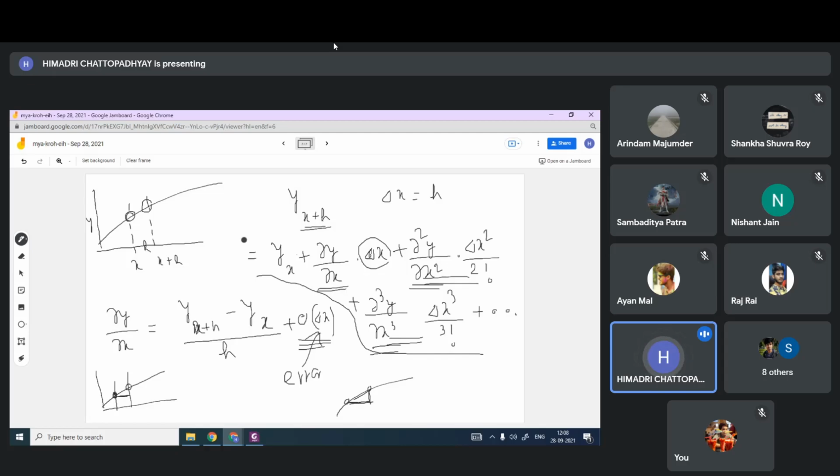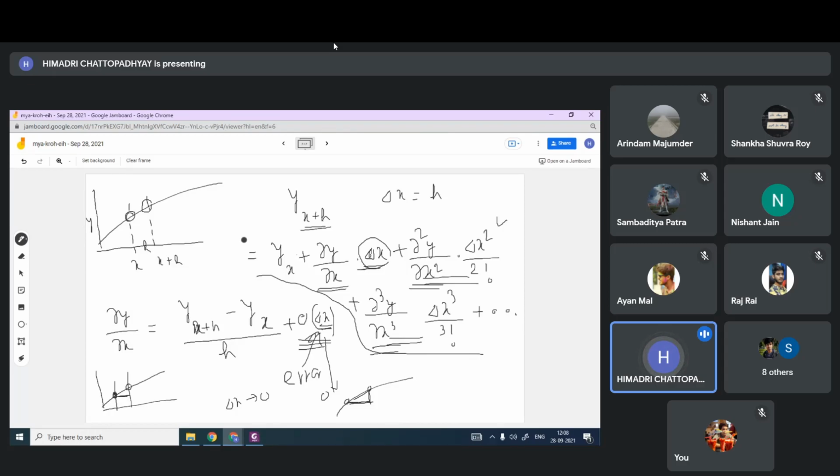So if the gap is more, the error is proportional. You see that these terms are also there, but we are neglecting them if I say this minus this by this. So the error starts from the first order delta x, because here it is delta x square. So if you divide by this delta x, this becomes order of delta x. So if delta x is small, the error tends to 0. Therefore you need close spacing, not very large spacing. So how large is large? That is a little qualitative, but that comes with experience.